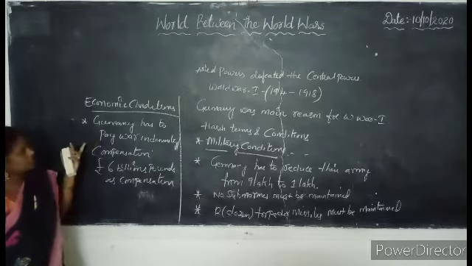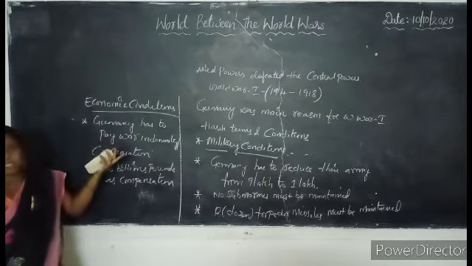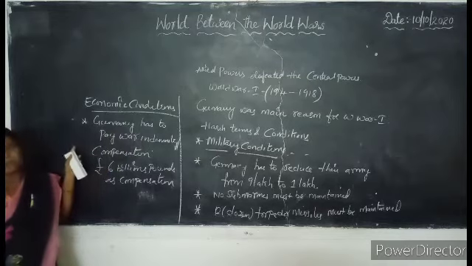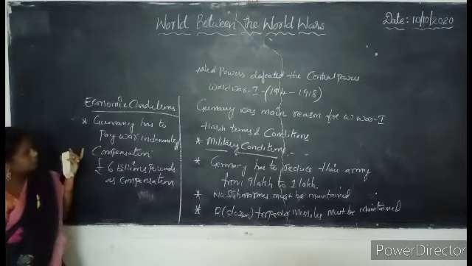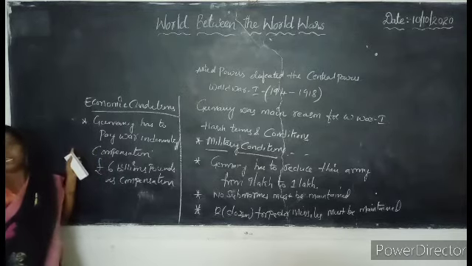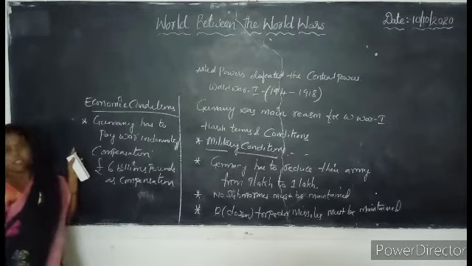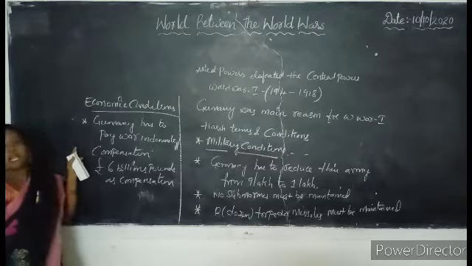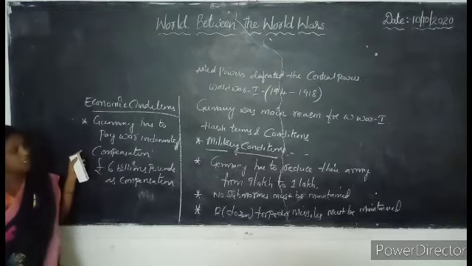The conditions imposed by the Allied powers were very harsh. Why? Because we have to give back our territories in Africa, and we have to give back Alsace-Lorraine to France, and our military strength must be decreased from